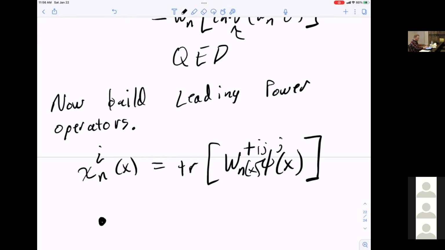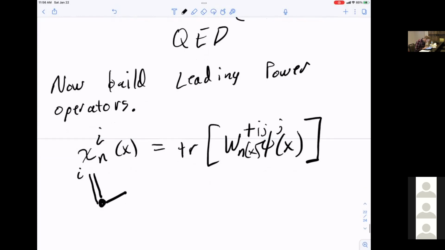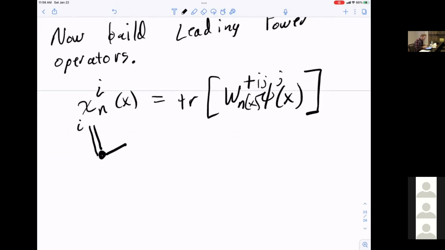So here's my operator, here's my Wilson line. It's going to create some state. My index i sits there, which is nice because it's the index that's associated with the rest of the hard interaction. Now, for my collinear fields, I just form